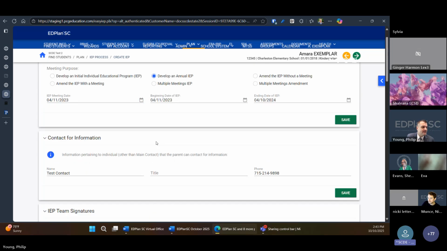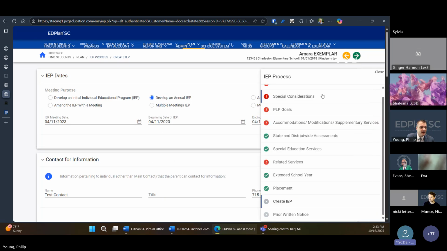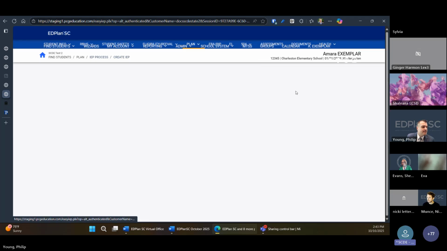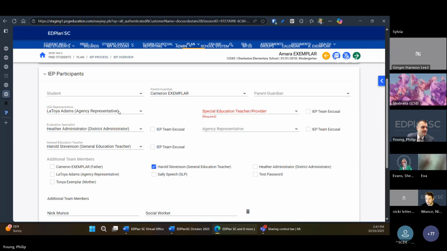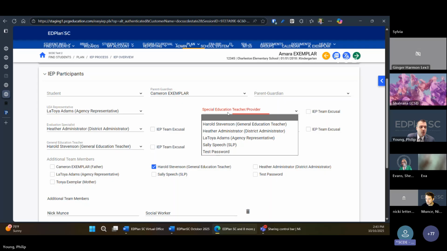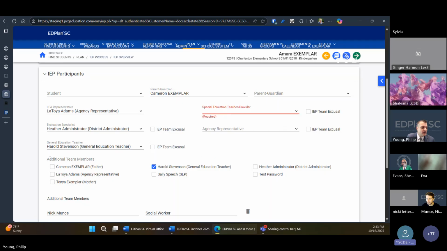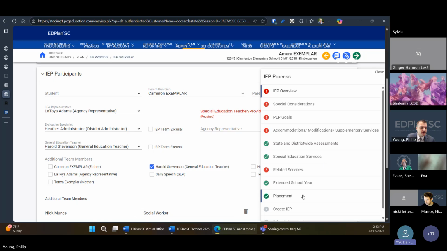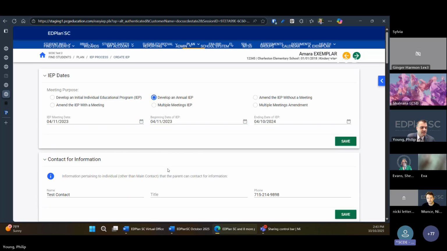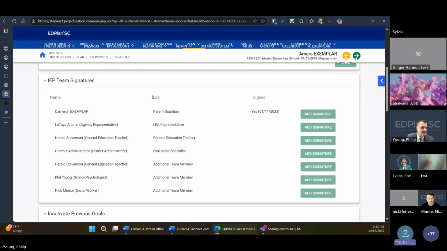So whatever role they've been selected for on the IEP overview page, it's going to show what their role is, and for these people, their role is additional team members. If I come over to the Create IEP page, instead of saying title, which is what it currently says, after 1031 it will say role, because that is actually what is displayed here.